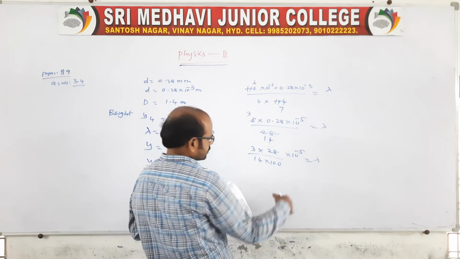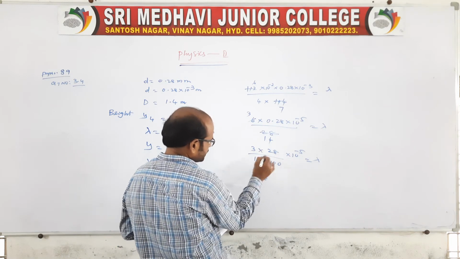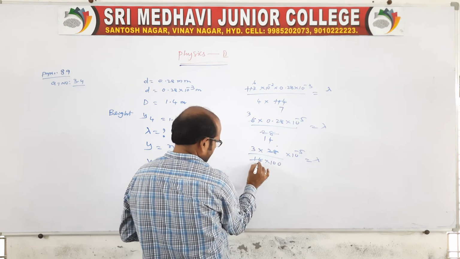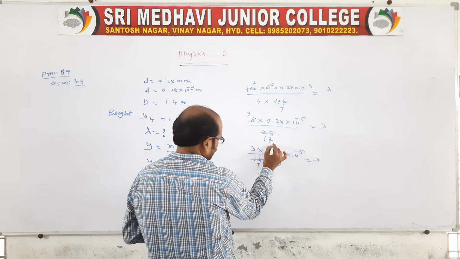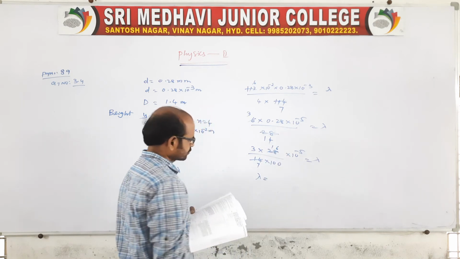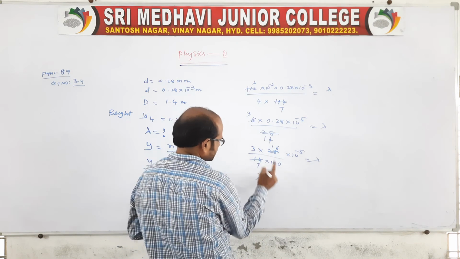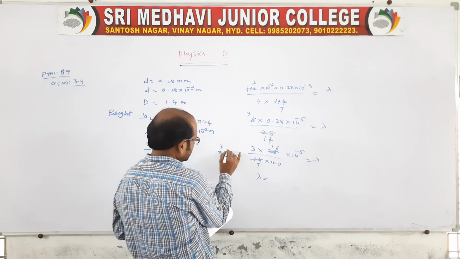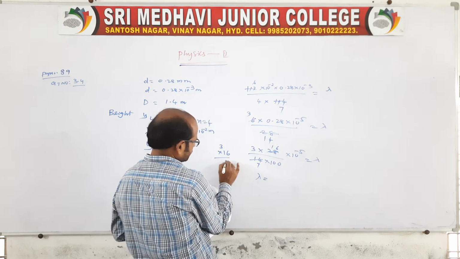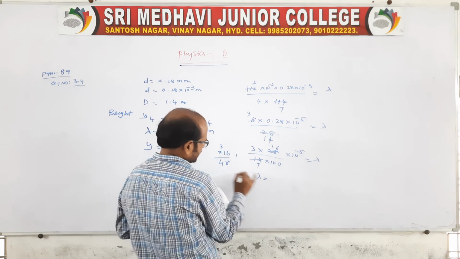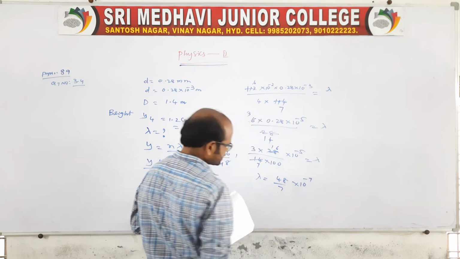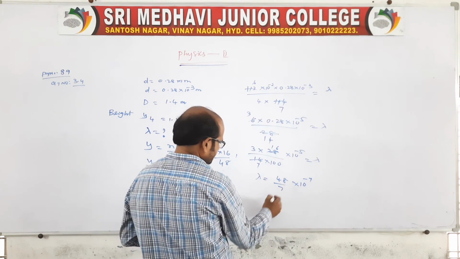So if you do, then we'll get the simplification. You do it 14 ones, 14 ones, and 14 otherwise 7, we can say 16. Therefore you multiply these, 3 into 16 will be like this, 48 by 7 into 10 power minus 7, right? So here you cancel this, you may get